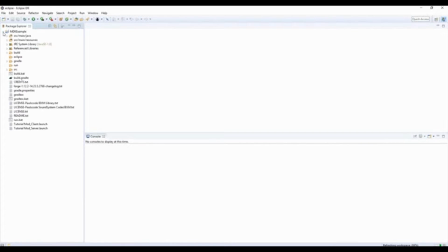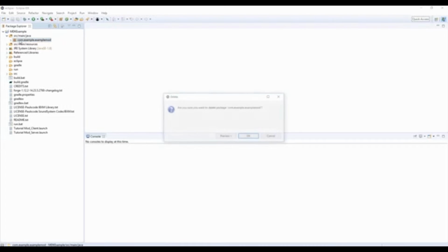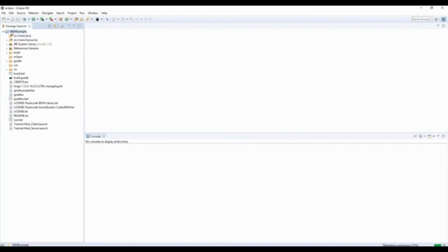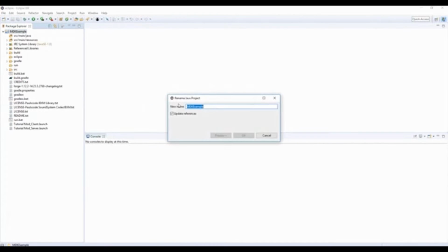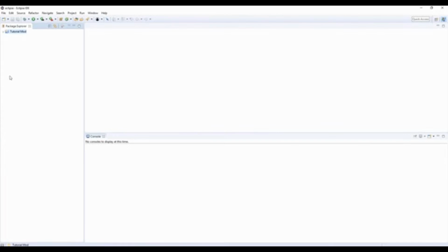Right, now you want to open this using the arrows, and you want to open it up fully, kind of. Right, and you want to delete this package right here. So delete. Right, and we're going to rename MDK example, and this can have spaces by the way, to tutorial mod. Right, now before I start any of the coding,